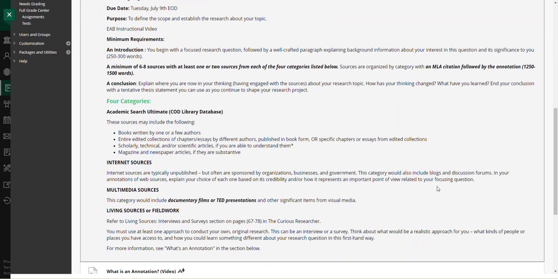All right. Now I want to remind everybody you have 4 categories here. The sources must come from the 4 categories. Do your best to get 1 or 2. Some people are walking by the Academic Search Ultimate, the COD library database source. I'm getting a lot of internet sources, some depending upon the draft, maybe a little too many in a way of multimedia sources.